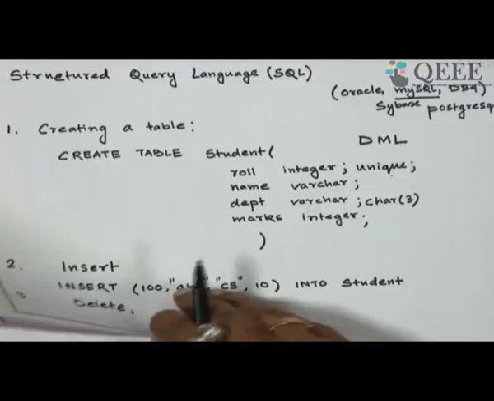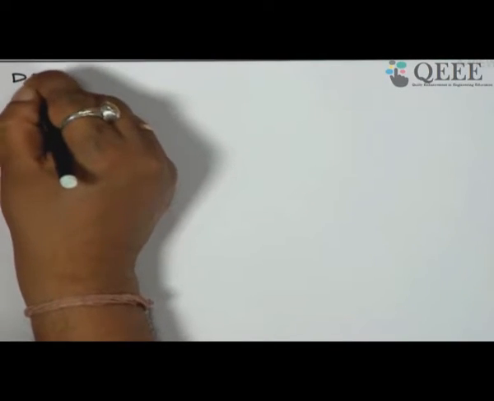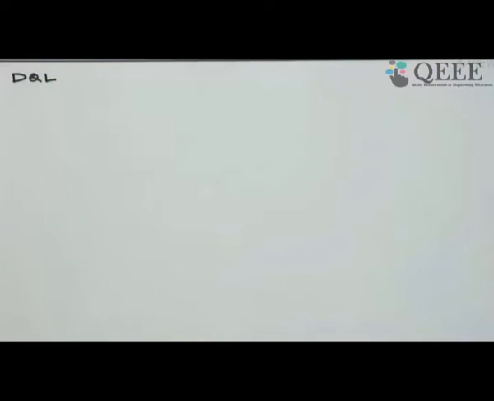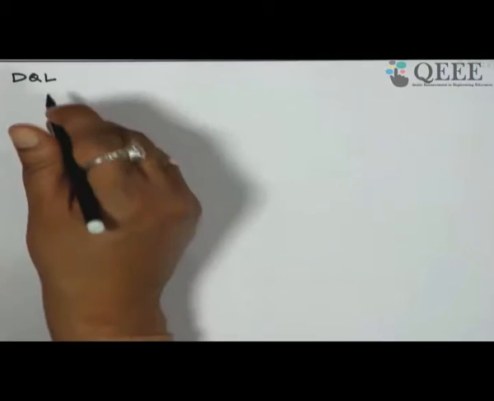And then the second part of SQL is data query language, DQL, where once a table is populated, you can use SQL to get some answers from the table. So basically, you can write relational algebra expressions, which I have shown before, to get answers from the table in terms of SQL queries. So let me write again.